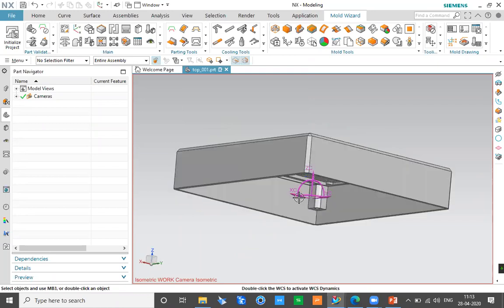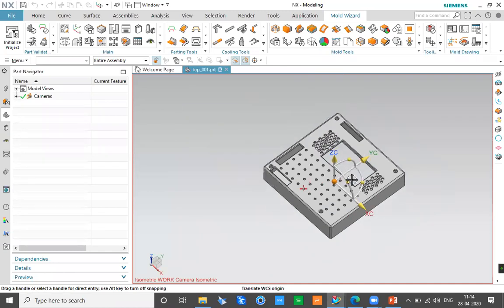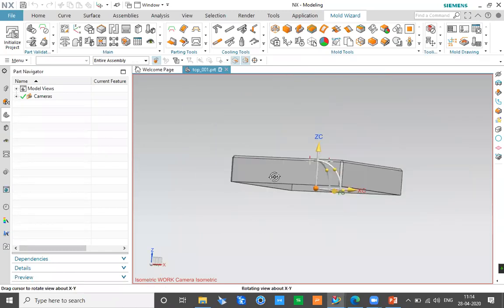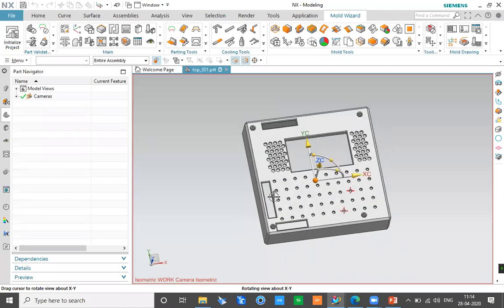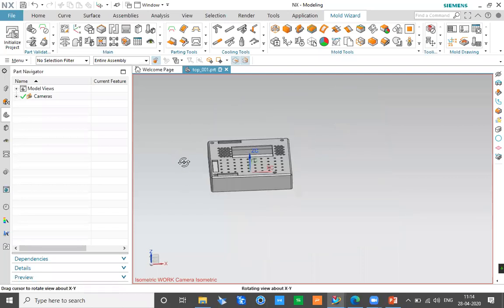And if I want to do advanced modifications, we can simply double click and decide in which direction the X should point and in which direction the Y should point, and all other basic information, so that our mold layout will be correct, because mold length is calculated with respect to X and width is calculated with respect to Y. So we have to consider all those basic inputs as well.